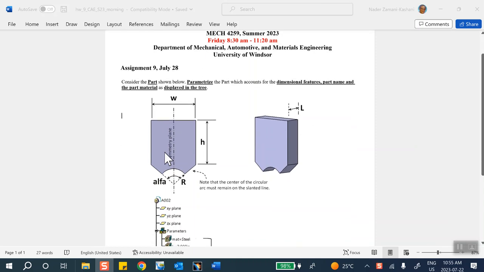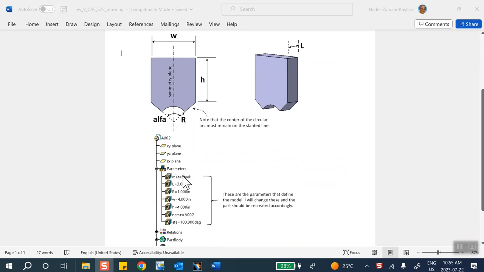that you should be defining somehow these parameters, namely material, of course, L, R, W, H, the name of the part, and this angle alpha. And I should be able to go to these lines and change the stuff that I want from here. The whole thing should resize, the name should change, and the material should